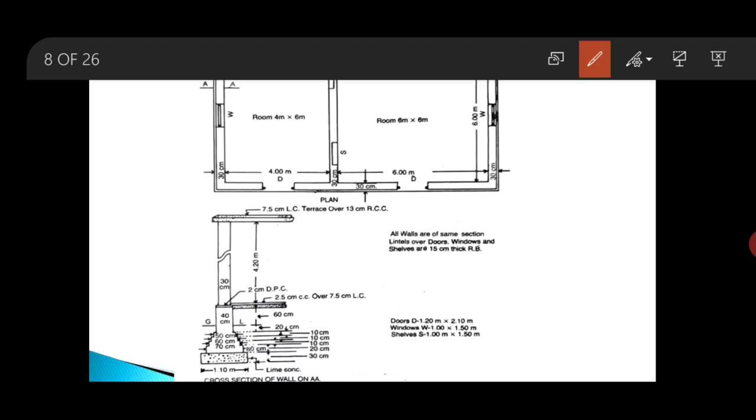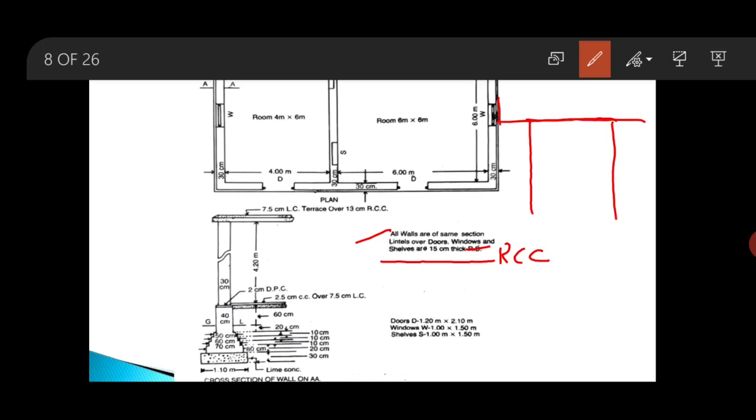So in the plan you can see here it is written that lintels over door, window and shelf are 15 centimeter thick RCC, reinforced cement concrete. That means the thickness of lintel is given. Okay. So, if I draw the sectional elevation of a door,